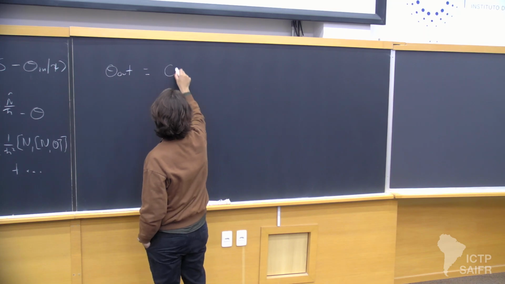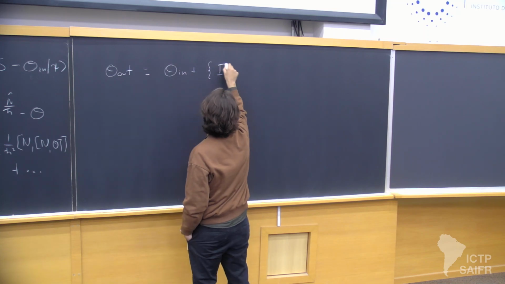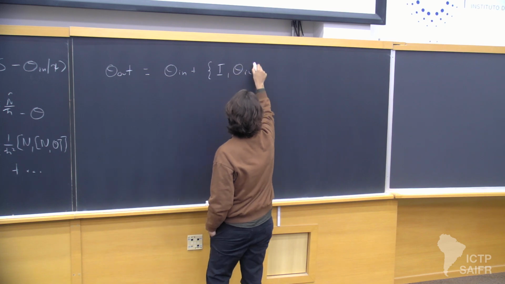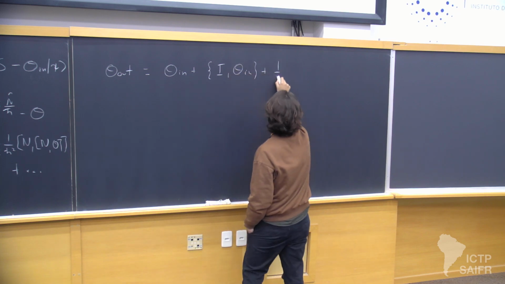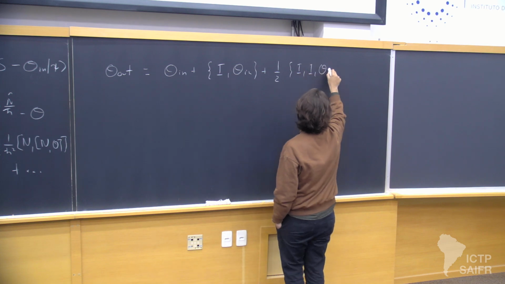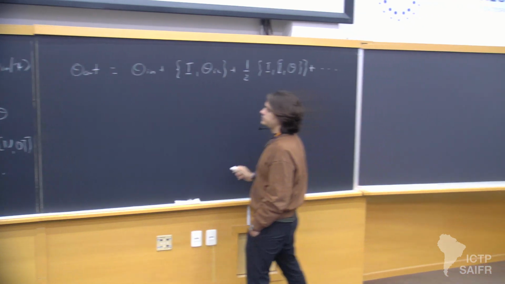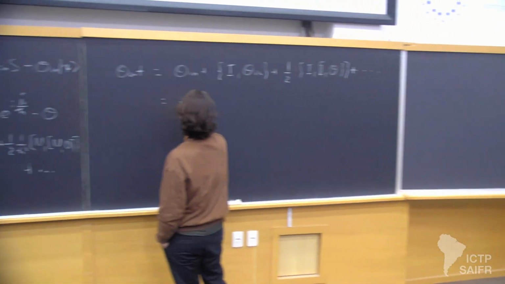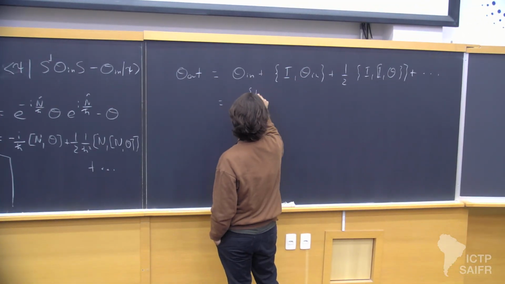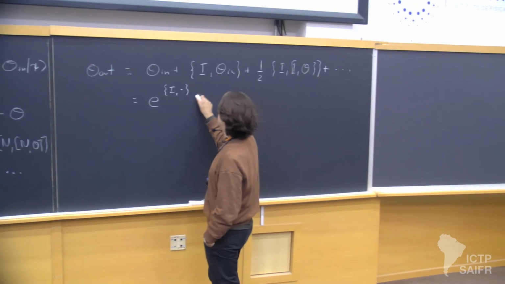This will be given by the original one plus the Poisson bracket with this classical action. In other words, the classical S matrix will be this adjoint action with Poisson brackets on the